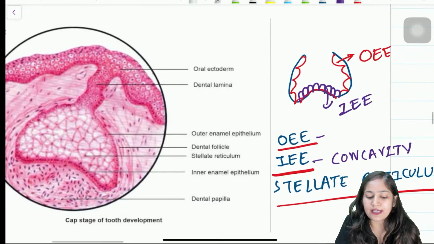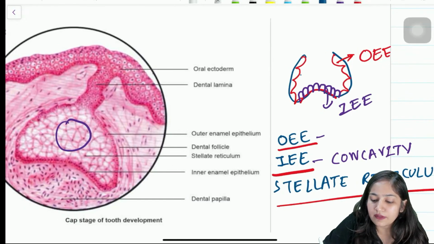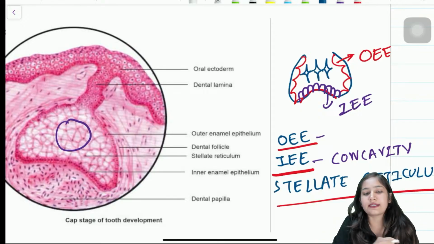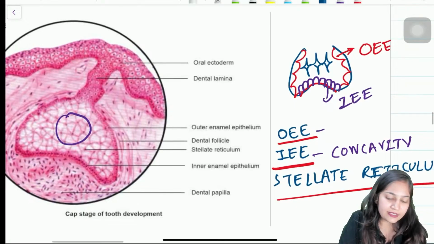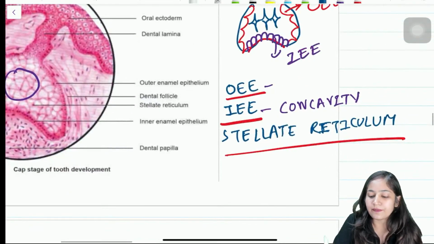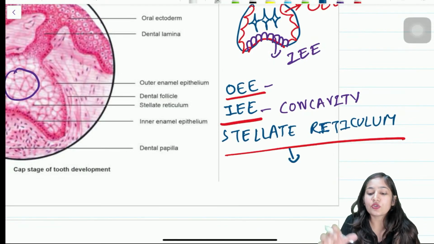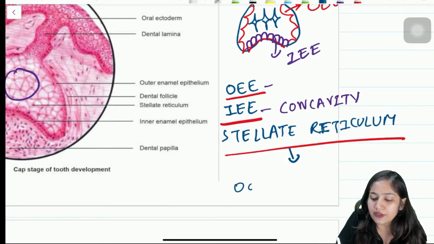And central cells, here we can see the central cells, they are star shaped, right? Initially in the bud stage we had seen polygonal cells, but here we are seeing star shaped cells. So why star shaped cells here? These star shaped cells are mainly stellate reticulum cells. So initially the central polyhedral cells